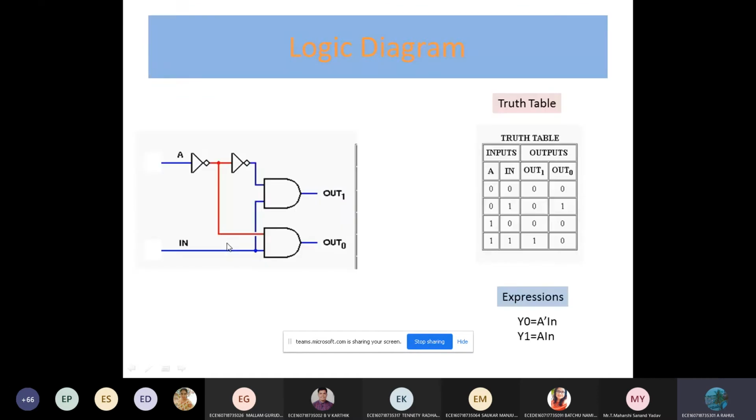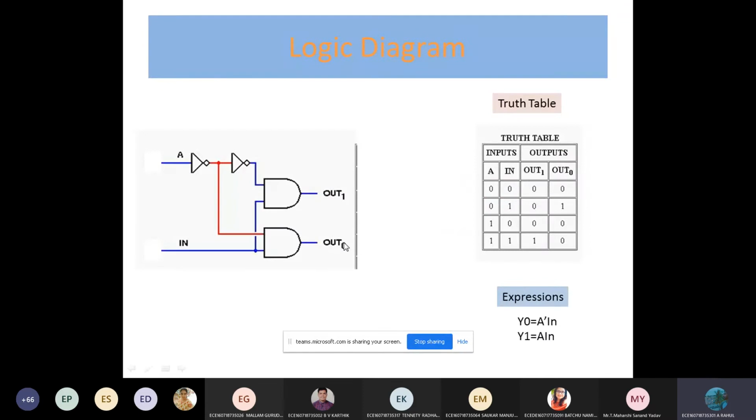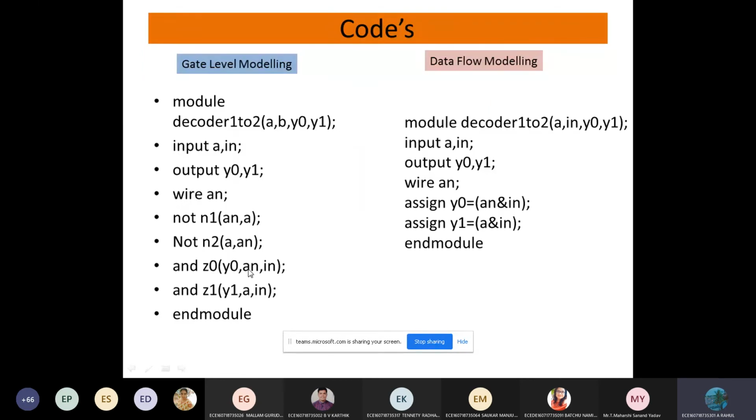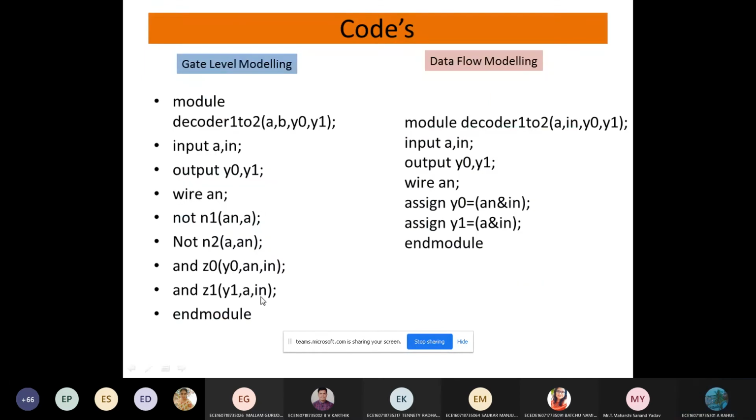For the first AND gate, we name it Z0, with output Y0 and inputs in and AN. For the second AND gate, the output is Y1 and the inputs are A and in. Then end module.